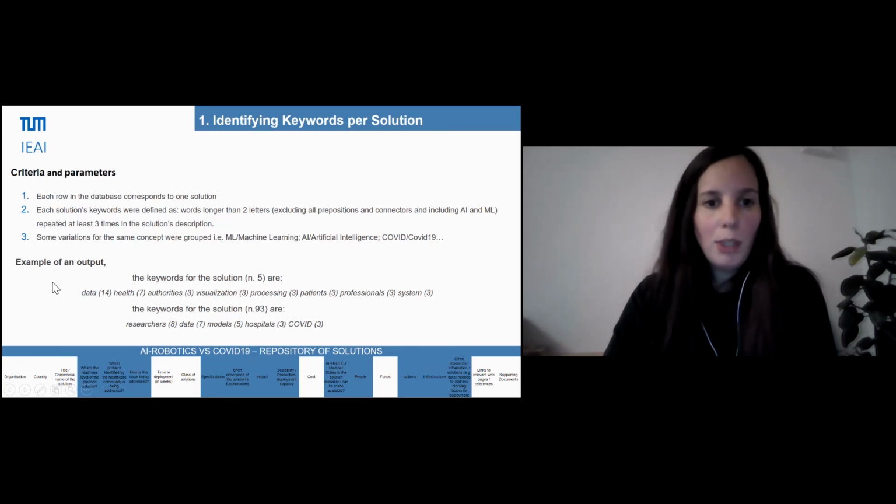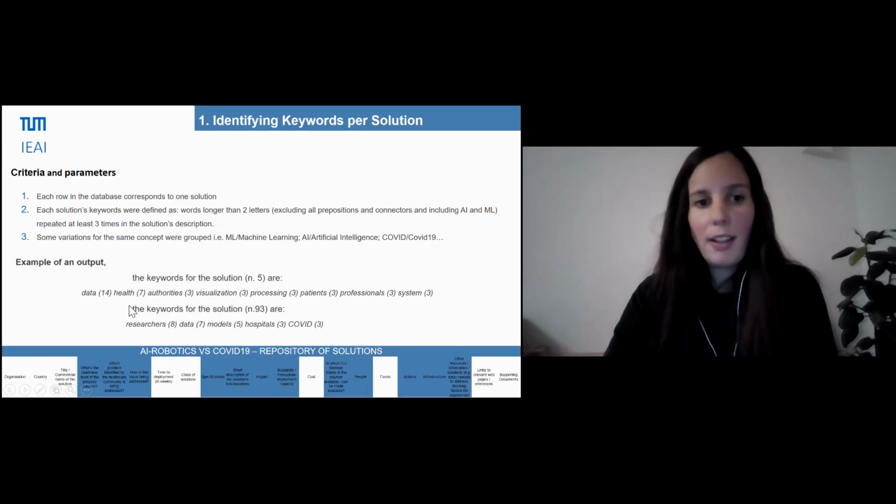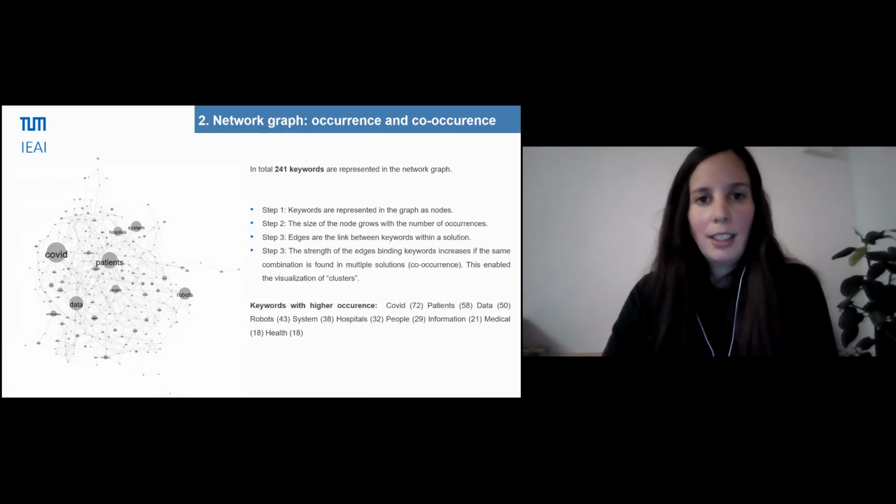And here is an example of an output. For example, for the solution in row number 5, we find all these keywords. Data was repeated 14 times, health was repeated 7 times, authority 3 times, and so on. And here is the first output, the first network graph. So in total, we retrieved 241 keywords from the complete database, and we mapped the keywords